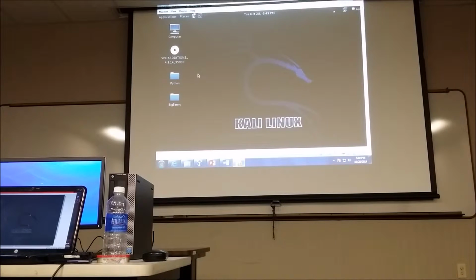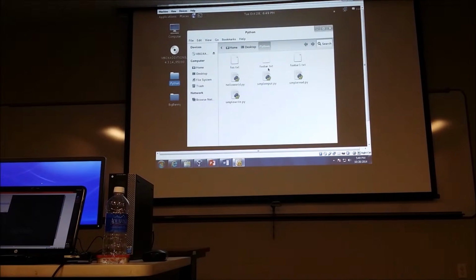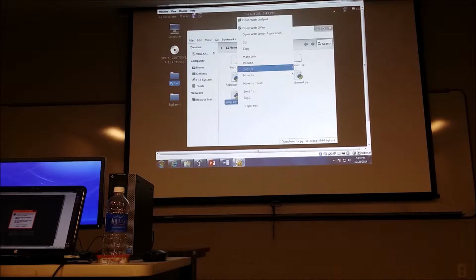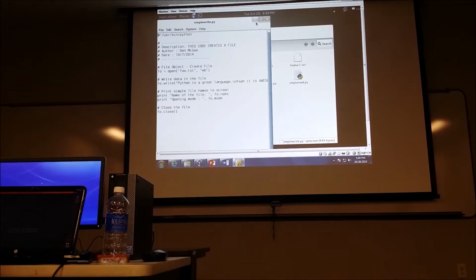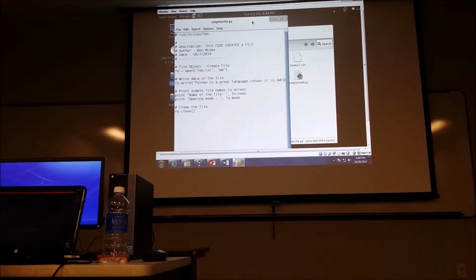All right, so first things first, what we're going to do is go in and check and see what we've already done in Python. You can see that we've created a hello world, simple input, simple read, simple write. If we just extract the simple write here, and I open it up in this LeafPad program, you can see that here we have the